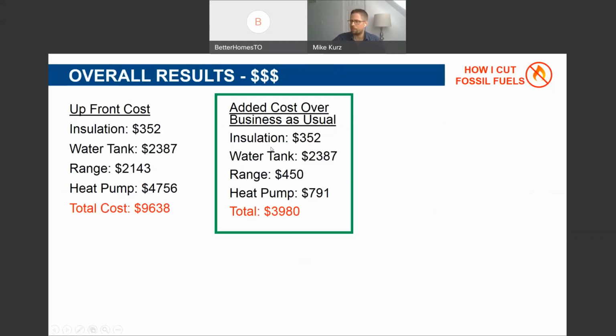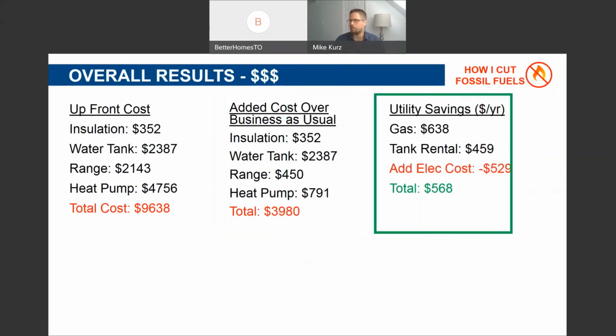With the water tank, I'll talk about this. My rental contract would have paid for a new water tank for gas. So the entire cost is incremental, even though an electric tank is cheaper than gas. I had to put the whole thing on because I'm counting the savings from the tank rental contract. So my total savings were almost $600, and that's a 7-year simple payback, basically only getting the rebate for the